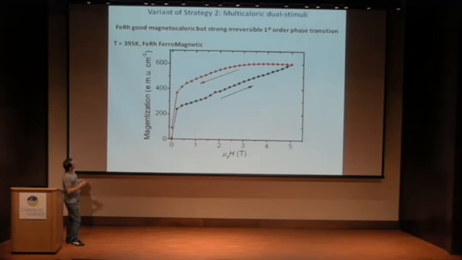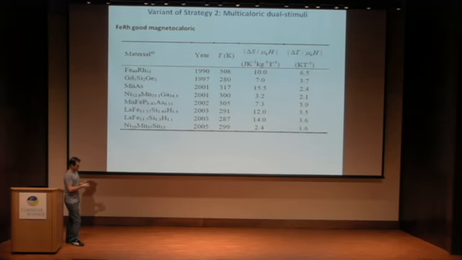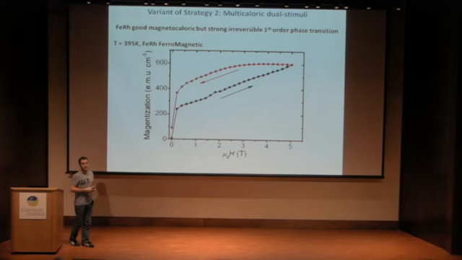So it's a nice system in the sense that we have a rather good delta T change. But when people started to work on it, it was, let's say, 25 years ago, and they forgot it because of this strong hysteresis loop.